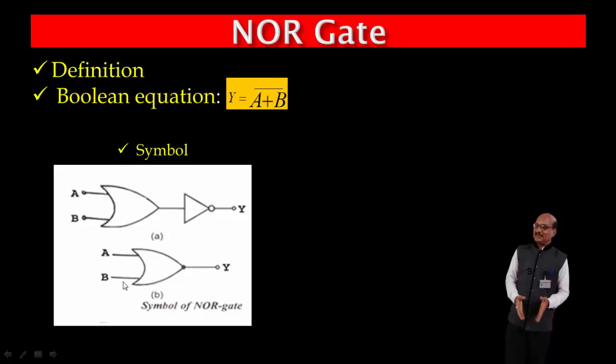Now the circuit symbol. This is the circuit symbol for NOR gate. The bubble should be drawn here, that is not shown clearly, but here we should have the bubble. How is it constructed? This is constructed by using two basic gates: here we have an OR gate and it is followed by a NOT gate. The NOT gate is represented in terms of a bubble. So the output of this OR gate is inverted or complemented by using this NOT gate. Therefore this becomes NOT OR.